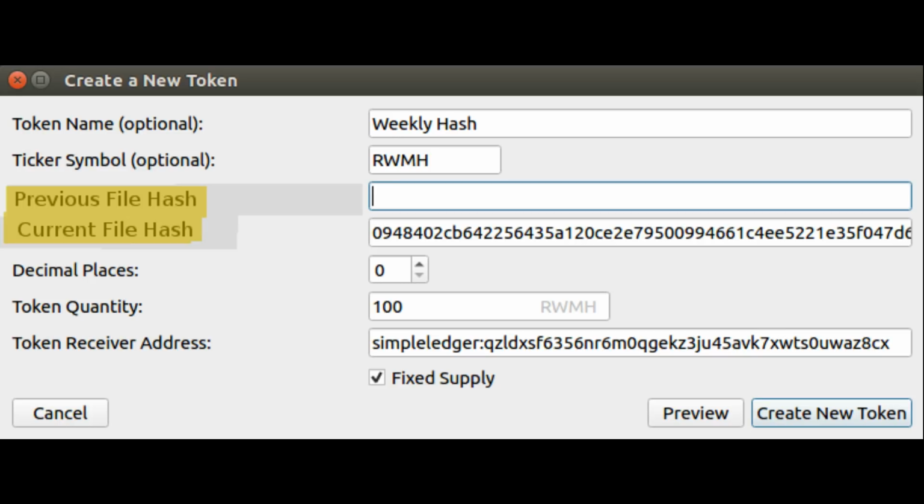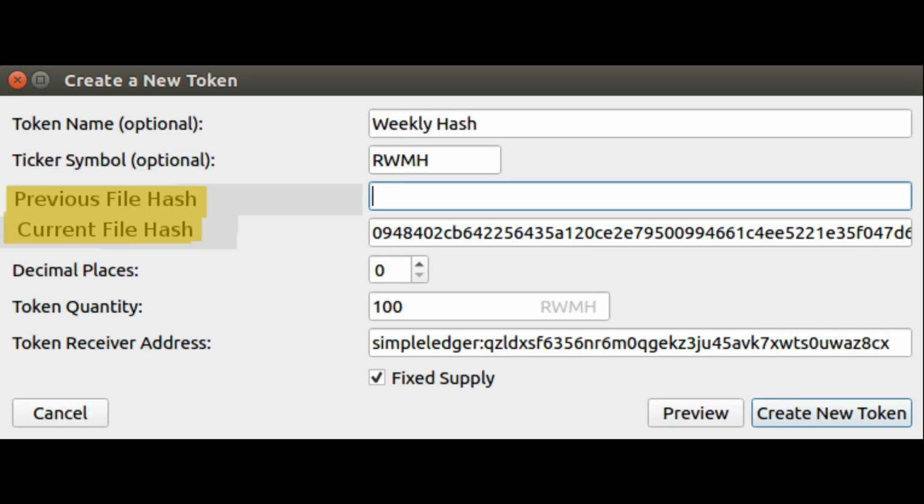The next two options that I think should be there for creating a token, and also when you send a token, are the previous file hash and the current file hash. Like we said, this is the genesis creation of this token, so we don't actually have any other tweets before this one. The previous tweets that we have hashed to the blockchain are 0, because this is our first one. So there is no previous file hash here, okay? The current file hash, since this is the genesis hash, is probably your first tweet. I don't even remember exactly what I hashed right there, but I hashed something, and that was my first tweet. So we're saying that's my current file hash.